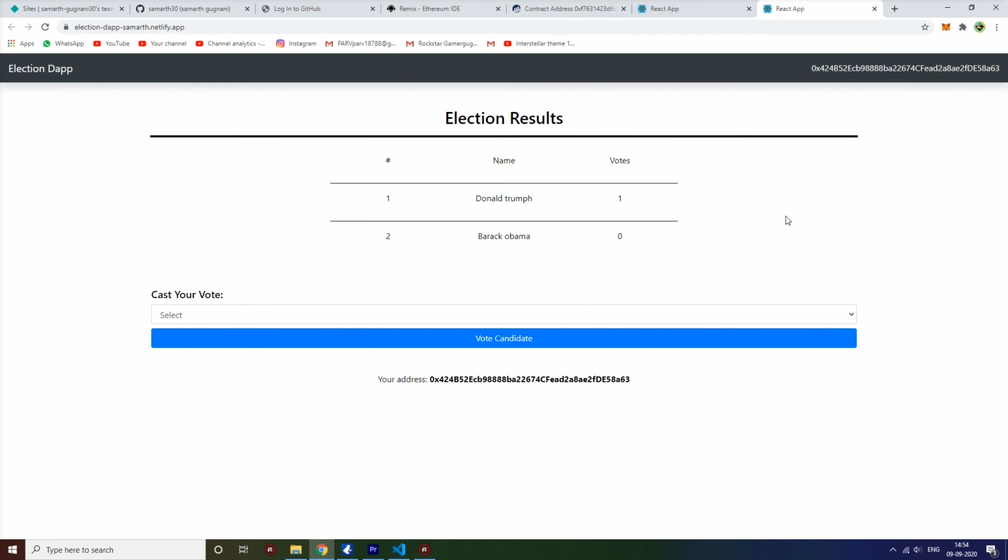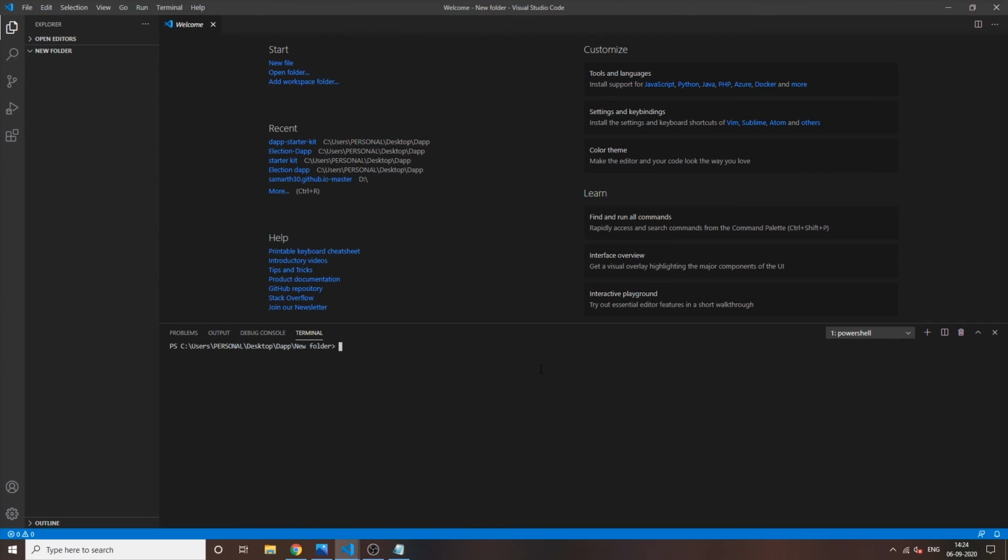If you want to build such a big project and add it to your CV, let's head toward the further tutorial. Now we will start making our front-end application. Earlier, we compiled our smart contract on Remix IDE. To compile our smart contract and deploy it locally on Ganache, we will set up a Truffle project so that Truffle can interact with Ganache and deploy our smart contract on the Ganache network.